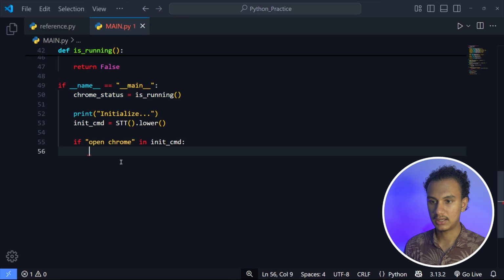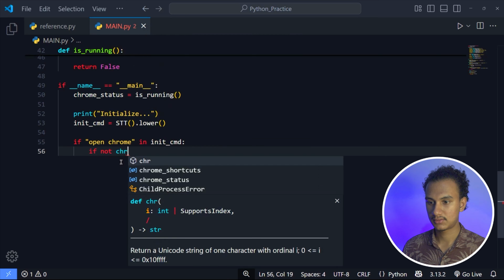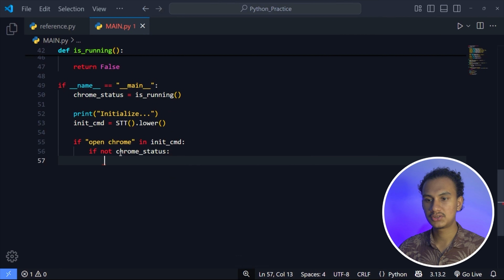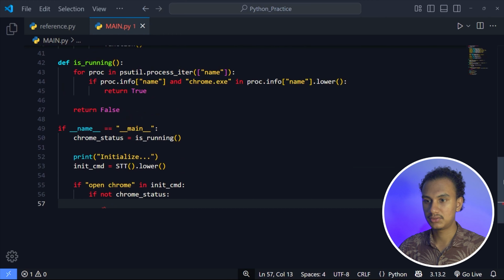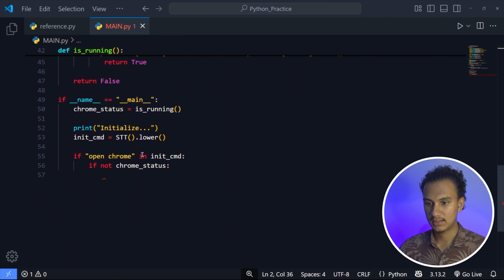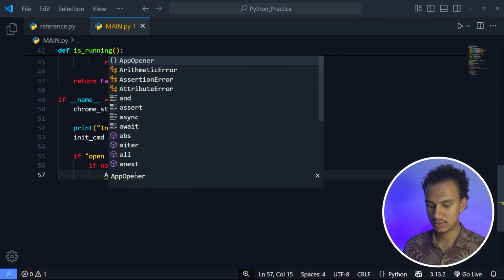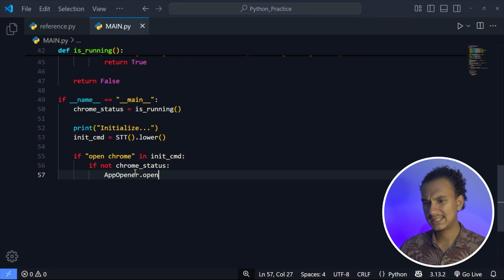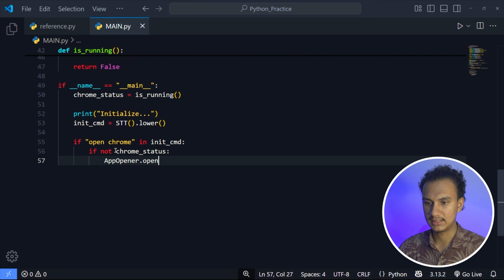So if not Chrome status, if Chrome is not running, we need to open our Chrome. So I'm going to use appopener. So I'm going to just import appopener right over here, and then I'm going to take appopener dot open, or let's just do it something like this,